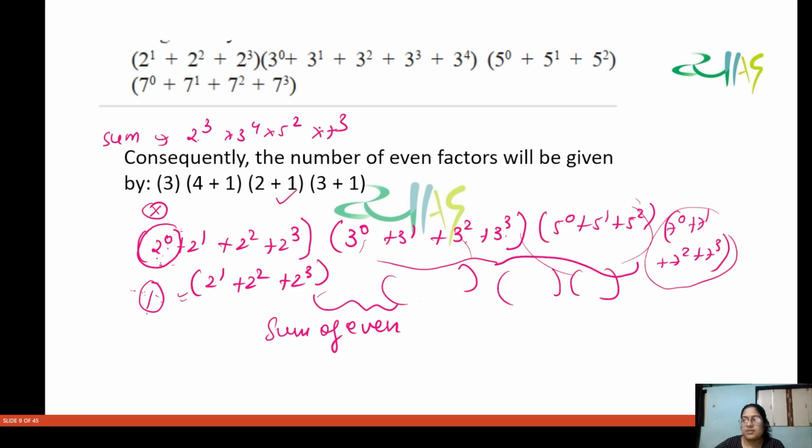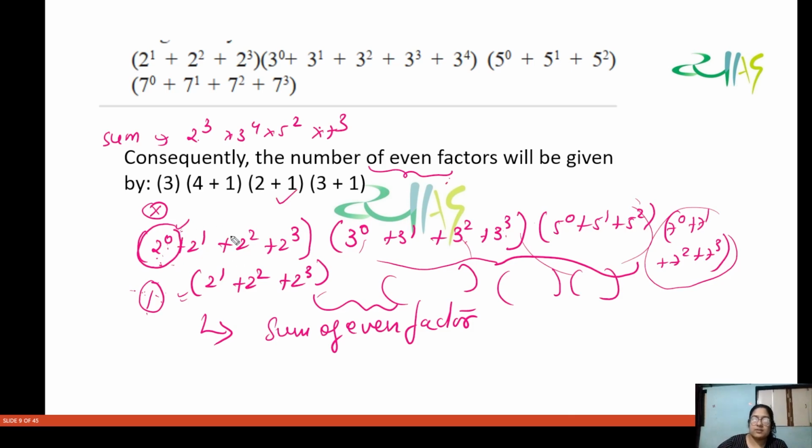Okay, the sum of even factors. So if I just remove this 2 to the power 0 from here, I will get the sum of even factors. All right. Now similarly, to calculate the number of even factors, what I will do is, see,